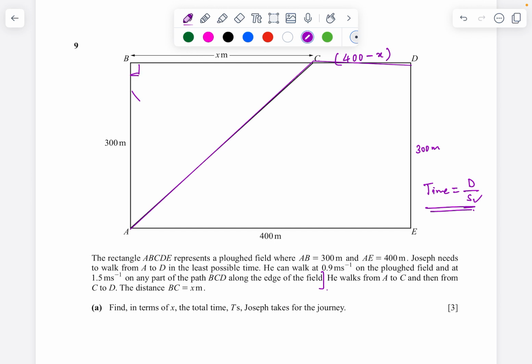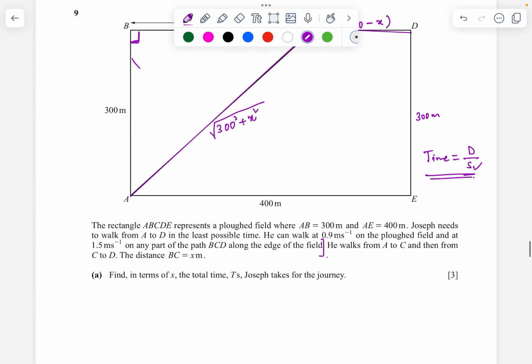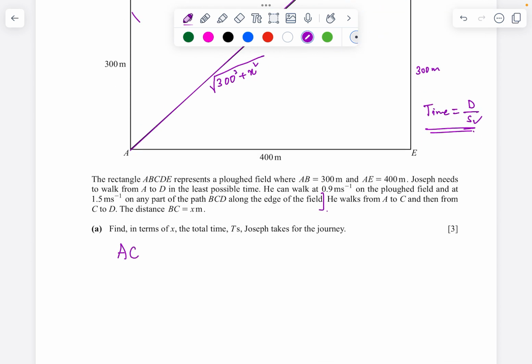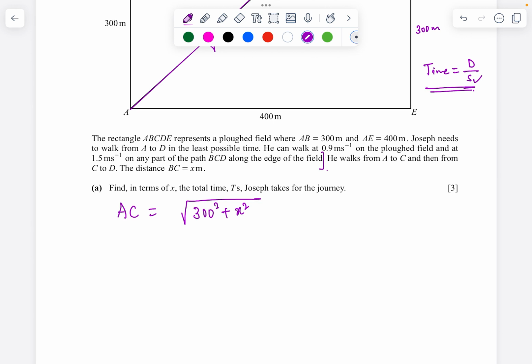You can see that this is a rectangle, so these are right triangles on the edges. We know that, so I use Pythagoras theorem here. This gives me 300 squared plus x squared because this is the hypotenuse. So AC is going to be the square root of 300 squared plus x squared. Is it okay until here? So the time from A to C is going to be the square root of 300 squared plus x squared, the distance, divided by